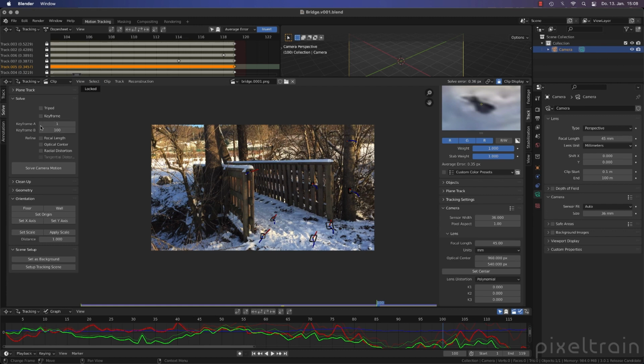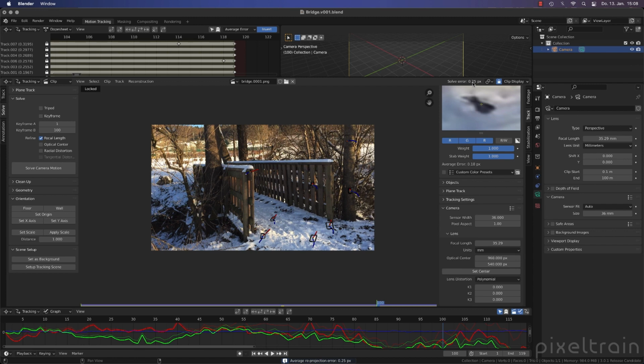So we have found good keyframes, we have found a solution which makes sense. Now we can say refine please the focal length here. At the moment 0.36 and 45 was our idea. Let's solve this now with the refined focal length. And now you see Blender is able to drop the solve error even more.